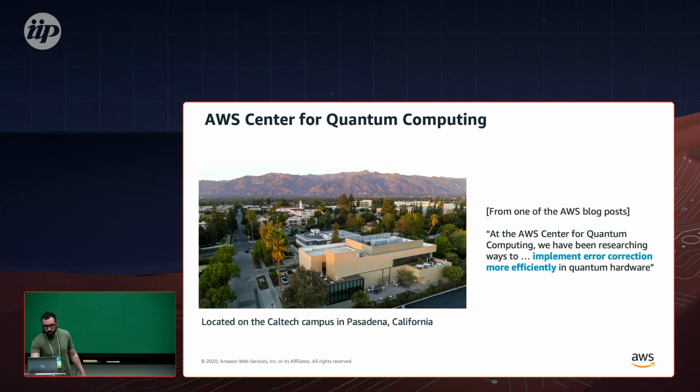Okay, and that's the code. So this is our building, right? This AWS Center for Quantum Computing is on Caltech, and